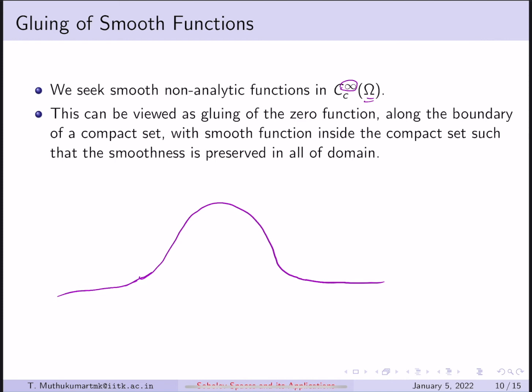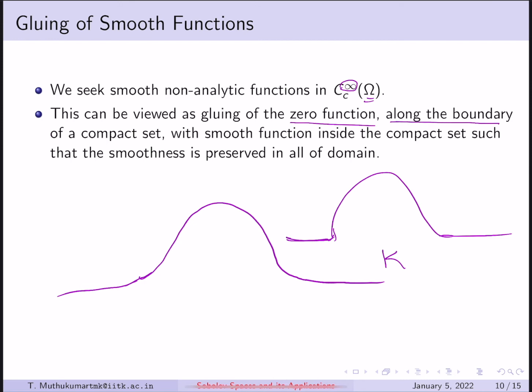So do you know any function where I can take two functions, take the zero function, and then just attach them at the boundary of the compact set K, let's say? But I have to attach it in such a way that I don't break the smoothness. So, in other words, looking for examples of functions is like trying to glue the zero function